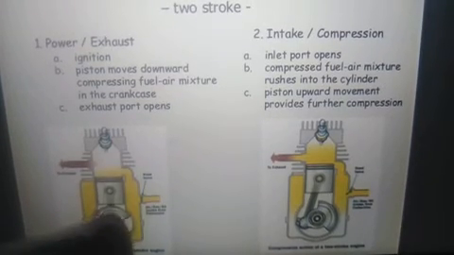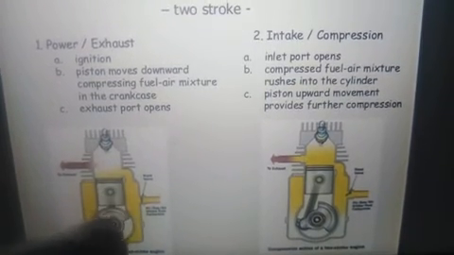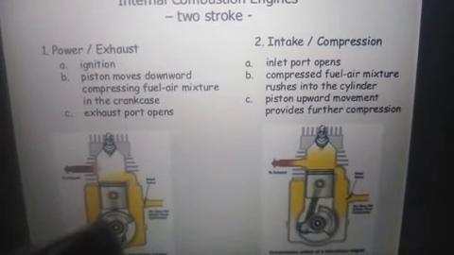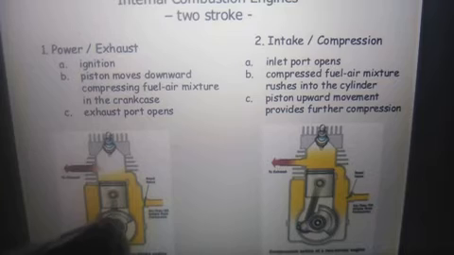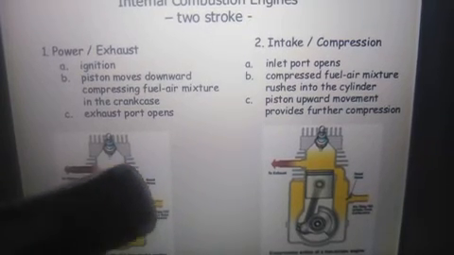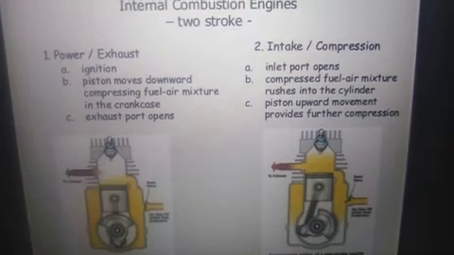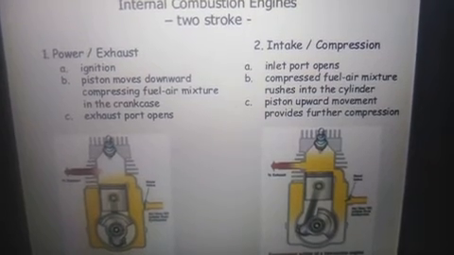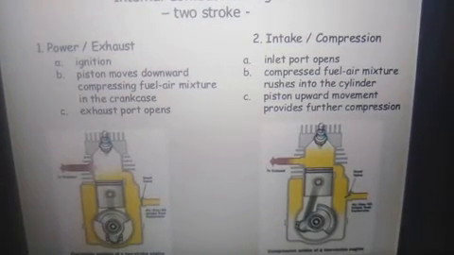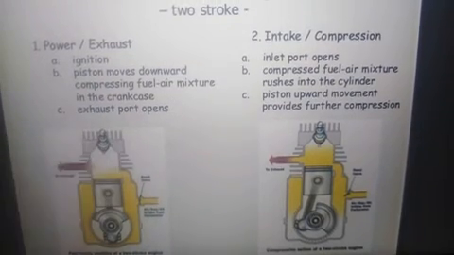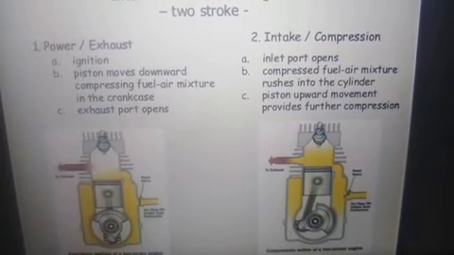During this process, the air fuel mixture within the crankcase, that is this space, gets compressed, and the compressed air fuel mixture is given to this area and gets ignited due to high compression. Since there is no spark plug in the two-stroke engine we are using. Okay, so this is the atomizer which we are using for fuel injection.